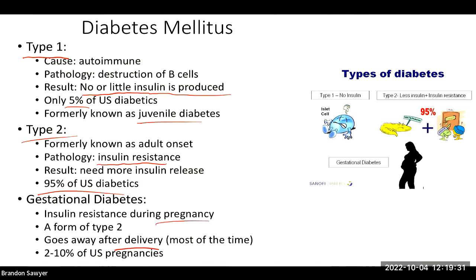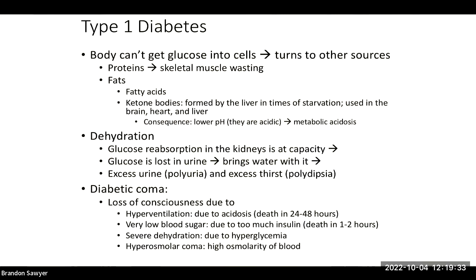Okay, so with type 1, again, if we don't have insulin, the body really can't get glucose into the cells by its normal mechanism. And so it turns to other sources, right? It starts breaking down protein. Skeletal muscle is our main place. We have some protein sitting around, right? So skeletal muscle wasting goes to fat storage, our normal fatty acids, but then the liver starts producing ketone bodies,